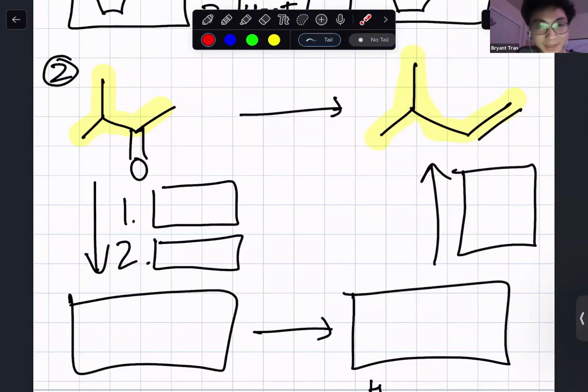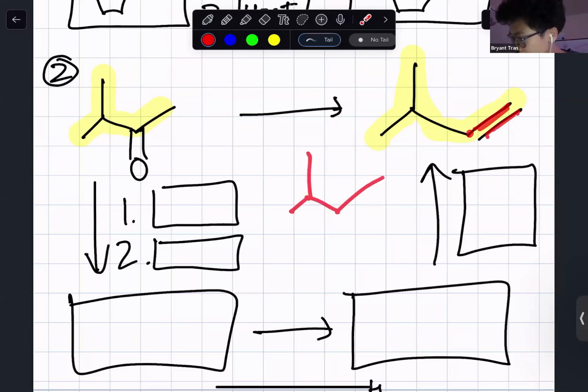So yeah, elimination, E2 reaction. But what kind of alkene do you see here? Right? Do you think that at this carbon here, this is the less substituted alkene or the more substituted alkene? Let's say our other option from this carbon here, our alkene could have been here. Right? Which one